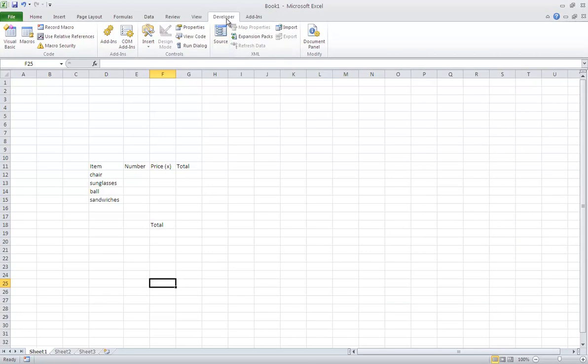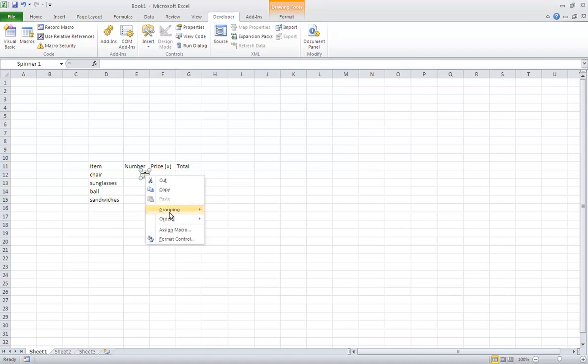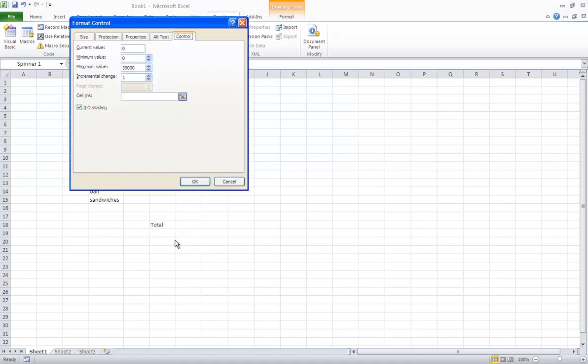So I go to tag developer and choose insert, and here I choose this control here, spin button, and I draw it right here, try to fit it within the size of a cell, and it looks like this. When I right click on this button I can choose to format control, and I get this dialog box: